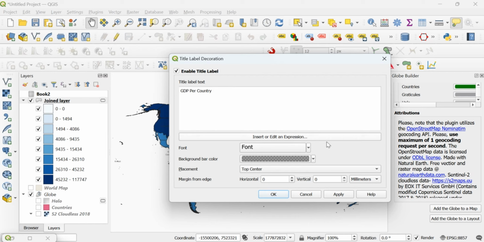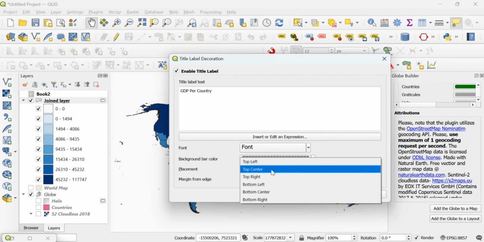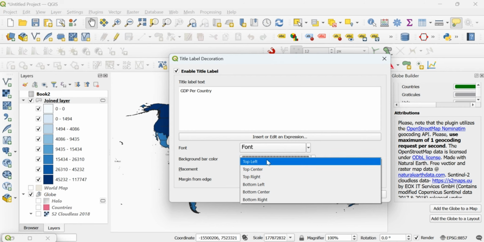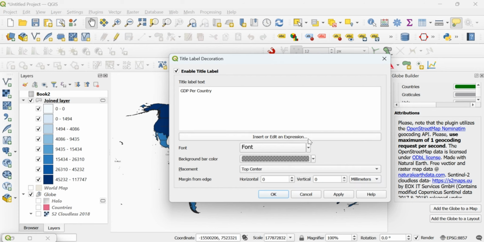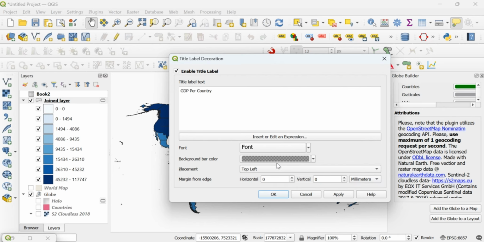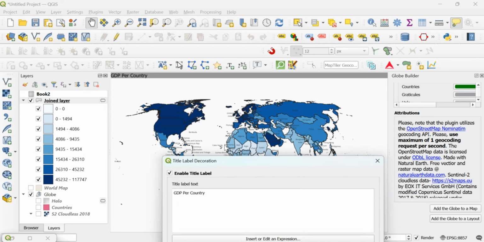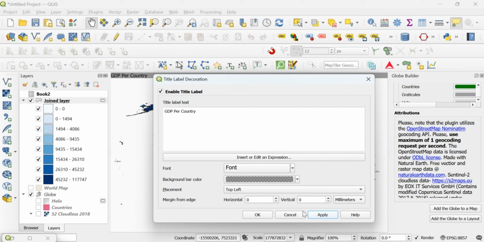country. You can set which place you would want to position it, whether top left, center, but at this moment I would like to put it in the top left. We can apply it to show here, so maybe we can also enhance it a little bit.